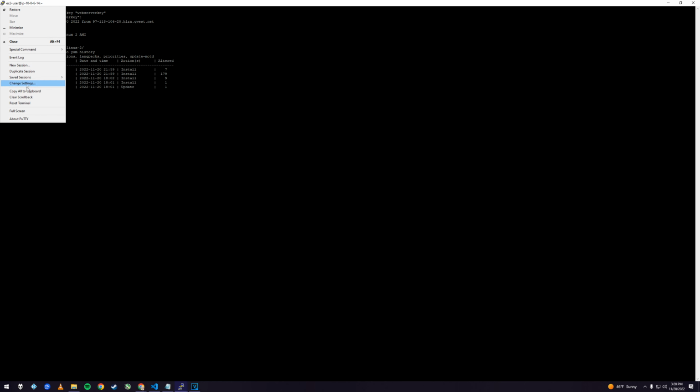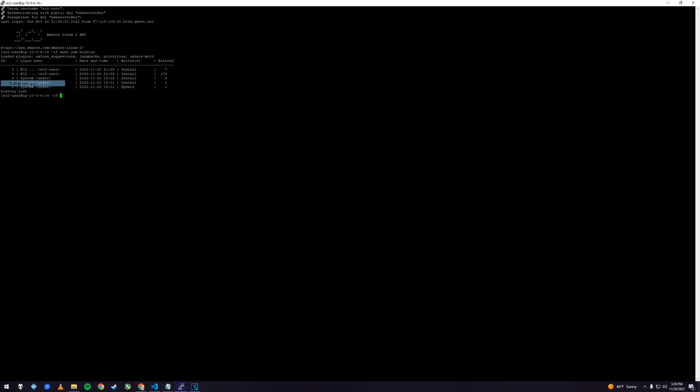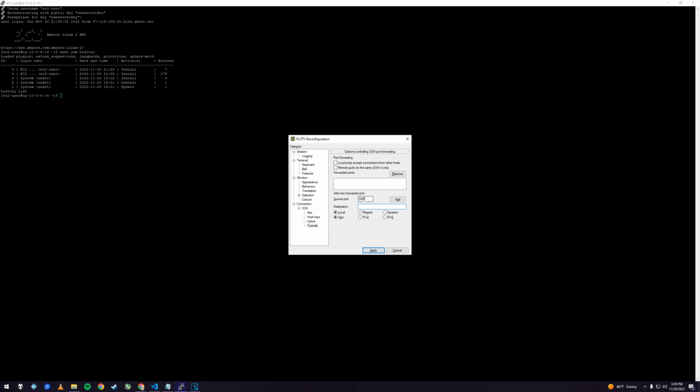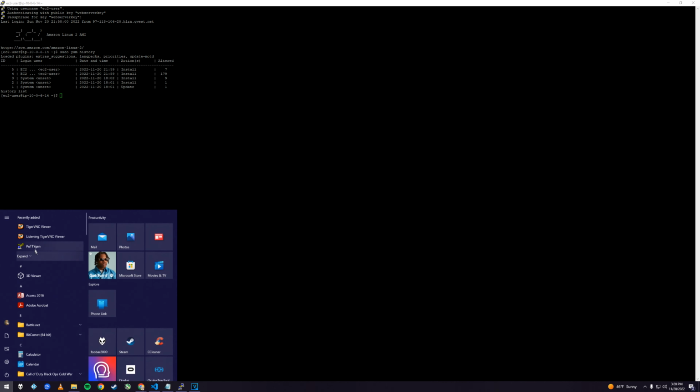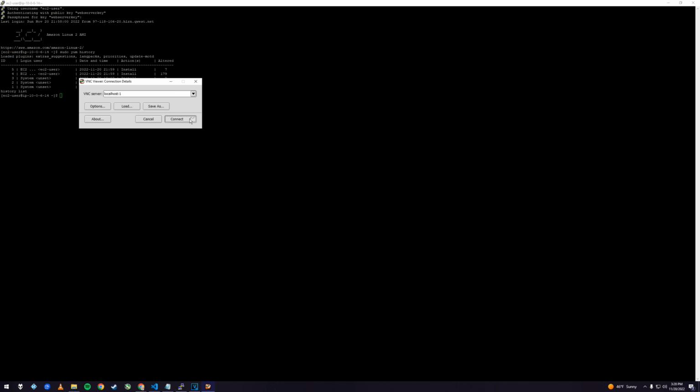Now, in order to do that, we need to port forward real quick, so we're going to go to Change Settings on PuTTY. We're going to go to the window that pops up, and we're going to go here and press 5901 in the source port, down in Connection, SSH Tunnels, 5901, localhost 5901. We're going to add that. We're also going to add 1. And once we do that and apply, all we have to do is open Tiger VNC, localhost 1, and then